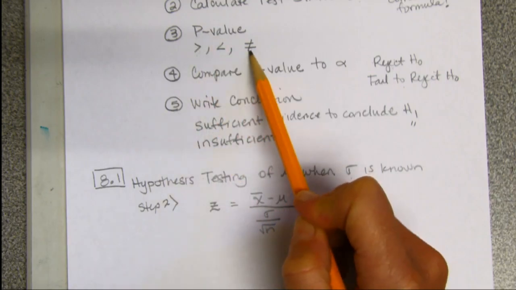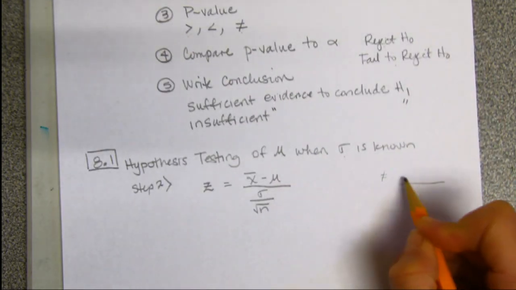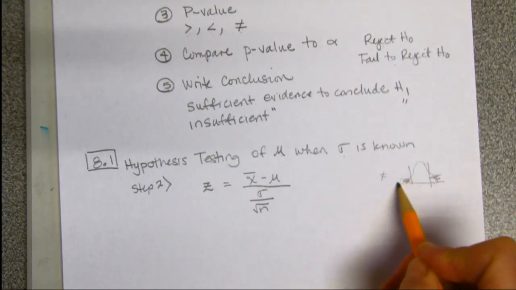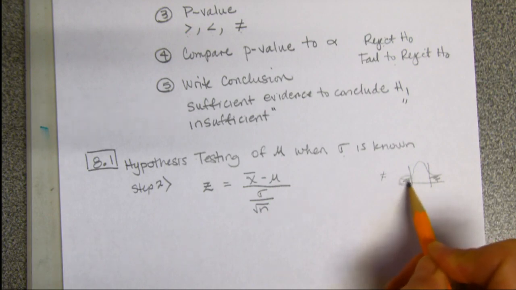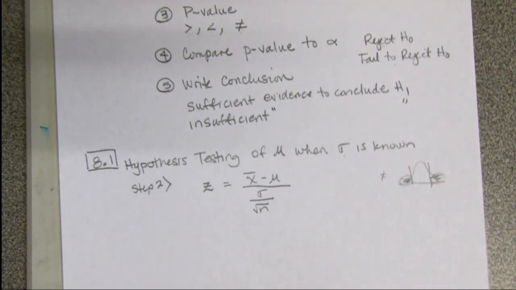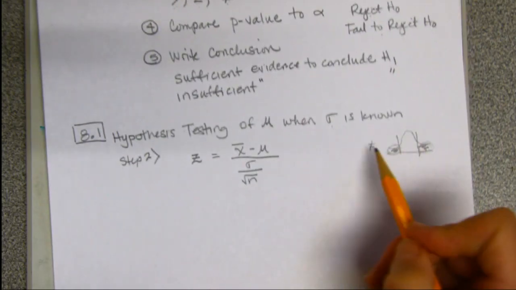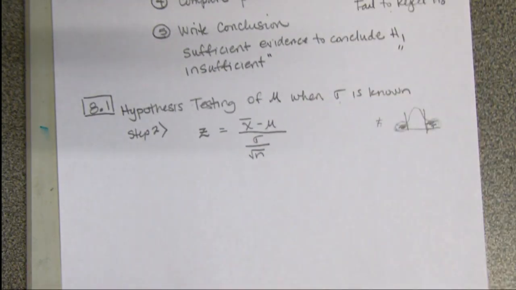And not equal to is the hardest and the one we've probably practiced the least. But not equal to, you're going to look up on the z-table and you're going to double the answer, because the not equal to's are here and here. So you'll probably get this answer using the z-table straight up, and then you'll double it because it'll be this side too. These two probabilities are equal. So the not equal to is the one you're going to probably have to remember the most. Okay,